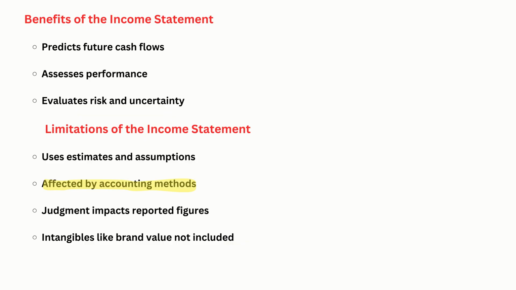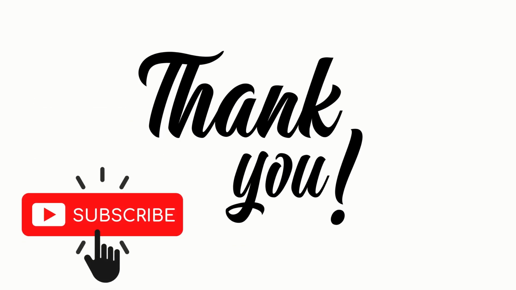Now, while the income statement is helpful, it does have its limitations. First, it relies heavily on estimates and assumptions. Things like depreciation or expected losses are not exact. They're based on what management thinks will happen. Another limitation is that it's affected by accounting methods. Different companies might use different rules for how they record income or expenses, which can make comparisons tricky. Also, there's a lot of judgment involved. Management decisions about when to record certain items can influence the numbers we see,